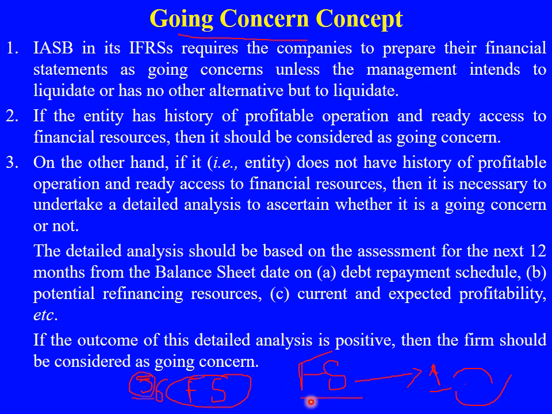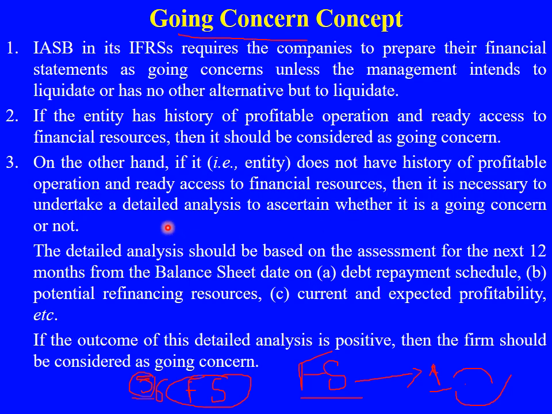The company has to prepare its financial statements by the end of the year. If the entity has a history of profitable operation and has the financial resources to run the company, then that company will be called a going concern. If the company does not have a history of profit but has the ability to get financial resources, then